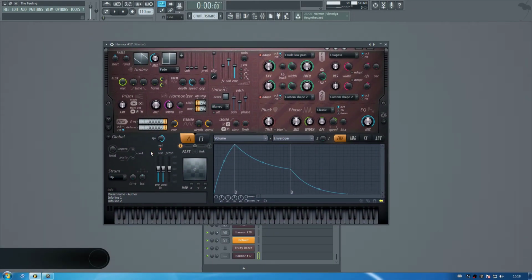So, I knew that I was going for a bass, so first things first, bang, 2 octaves down. I added a little bit of unison, because generally it's not a good idea to have stereo bass. Turn that bad boy right down. Turned pitch up a little, but other than that it was pretty much the default. Now, the only reason I did unison is because there were 2 other settings I was going to change, and